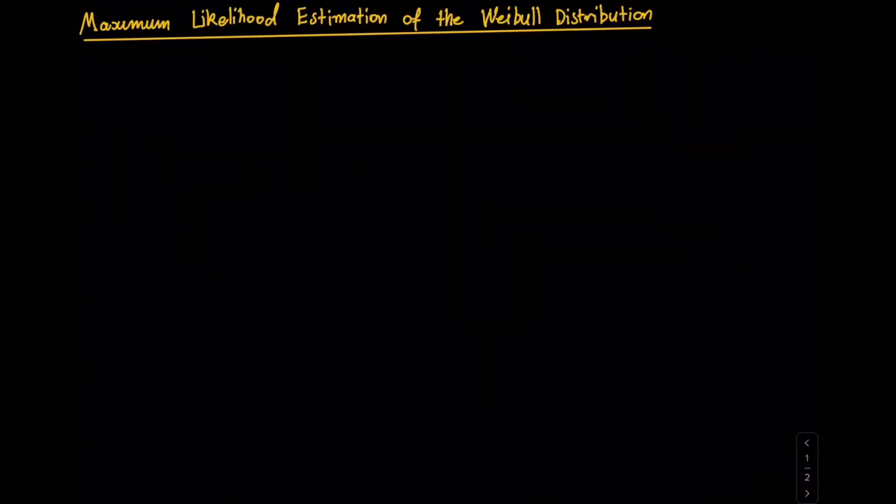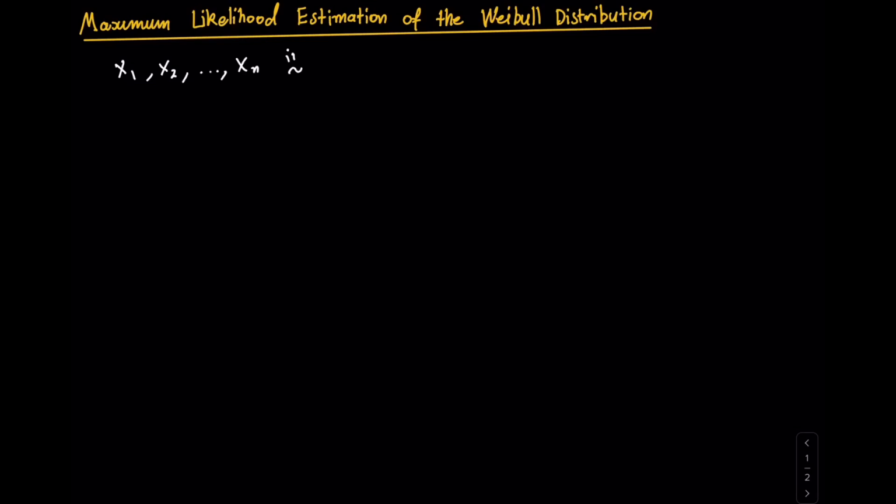Welcome. In today's video, we're going to be deriving the maximum likelihood estimates for the scale parameter of a Weibull distribution given a known value of the shape parameter. So let's begin. First, let's define our problem, which is: suppose we have a series of random variables x1, x2,